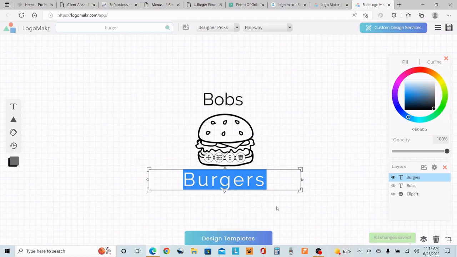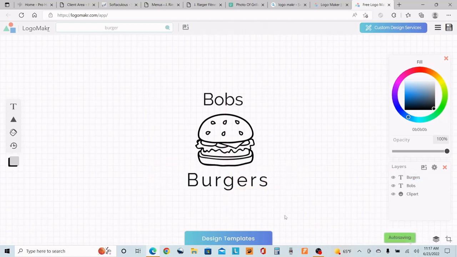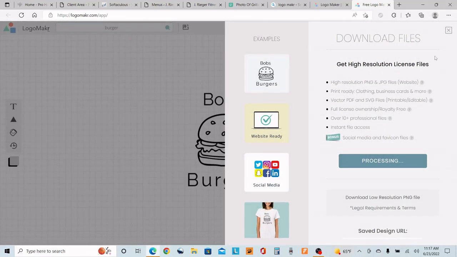That's not too bad there. But you get the idea, so you could create your own. And then when it's time to save, you just come up here to the little save logo. And then they're going to ask you to upgrade, and they're going to want you to